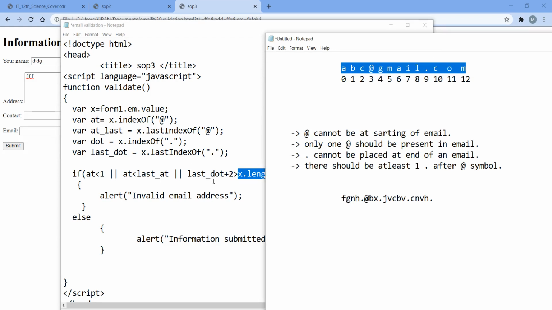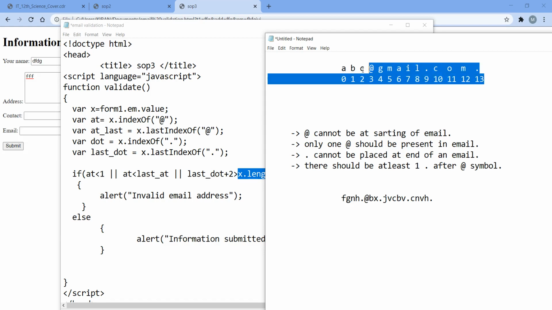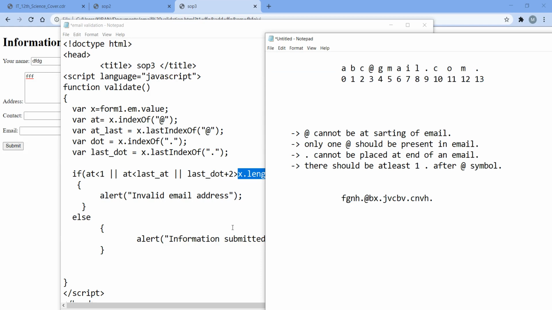If I have placed the dot symbol at the last of this email, then the position of this dot will be 13, and the length of the string will obviously be 13. So 13 plus 2: 13, 14, 15. Okay, 15 greater than x dot length.